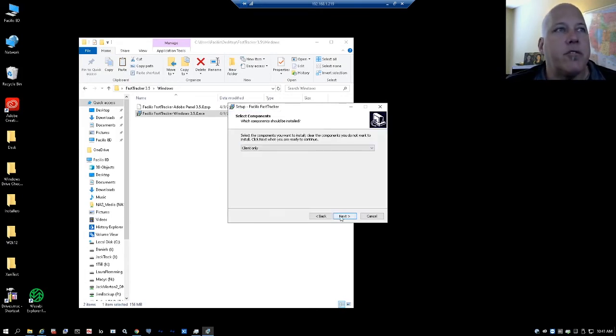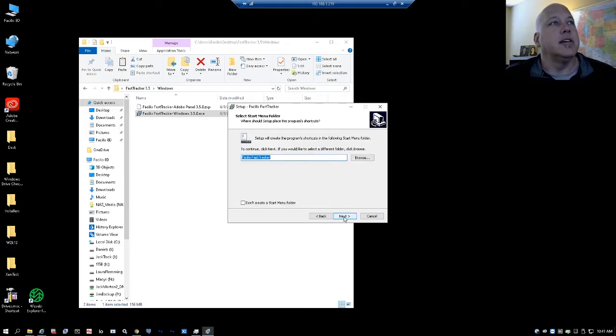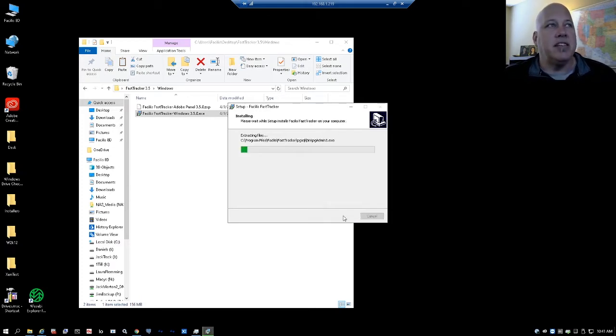I'm going to default through this until it gets to the client only. I'm going to go to server and client because I am installing on the Facilis server in this case. So getting through the rest of these by default, it goes and loads the software. Now it loads the SQL database. It loads tools for it to be able to index, create head frames, create proxy and preview files,